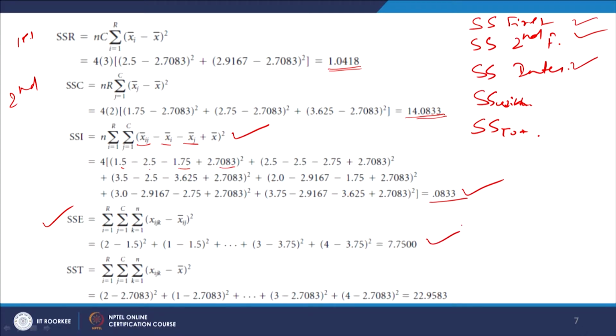Now, sorry, sum of square error, sorry, within, and what is my total? Now, if I add these 4, interaction and within, I will get total, or else simply you can do one thing. If you get confused with, let us say, interaction or any one of it, the first one is very simple, the second one is very simple, you may not remember the formula, just find out the total. How to find the total? Every cell minus the grand mean.